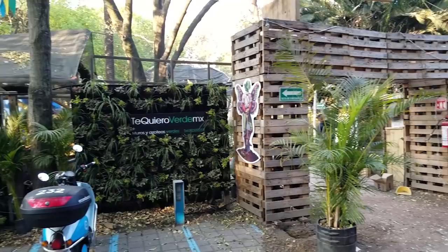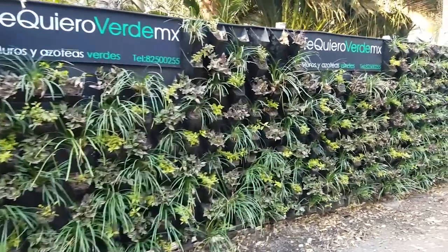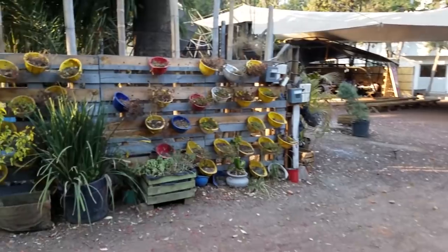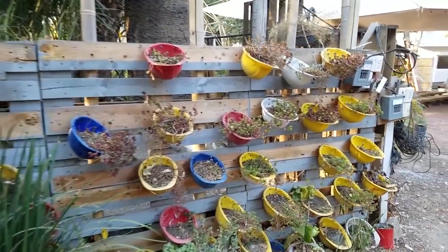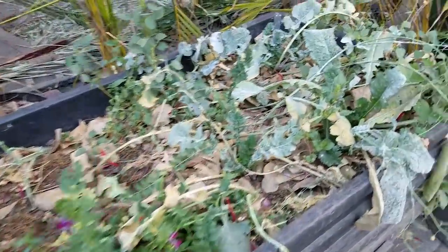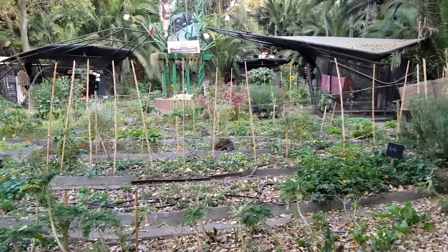Now today I have a special project to share with you. On my journeys down in Mexico City, I came across Huerto Roma Verde, which is an urban garden and permaculture village deep in the heart of La Roma district of Mexico City. Now, the thing that struck me the most is how well integrated this entire project was. Everything tied together. There were systems in place, and it really was a picture-perfect version of what a permaculture village